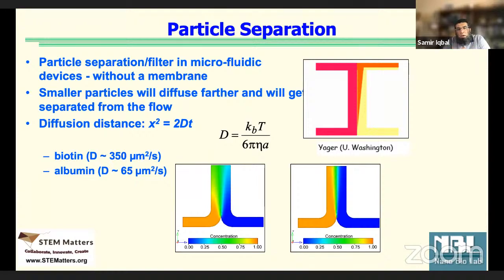And they model different molecules and they show that the diffusion rate is very, very slow, micrometer per second. Whereas if you do that in a larger microscale channel, we see much more mixing or much more turbulent flow. Now, how does that transpire? It transpires into when we do